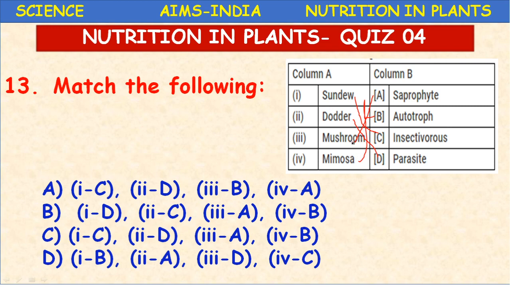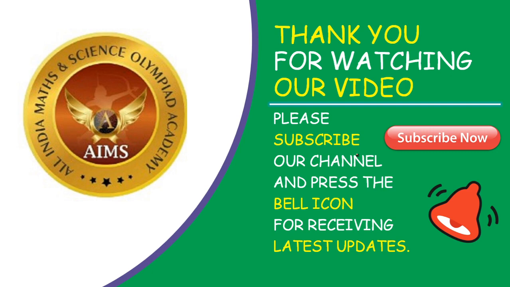The next, mushroom is A. So in option A, the third is B, but in option C, the third is A. Then the fourth is autotroph B. So here the correct answer is C. Okay, these type of questions you have to match with the pencil and then select the right option. Okay, children, I hope you understood today's topic and you enjoyed doing the exercise or enjoyed this